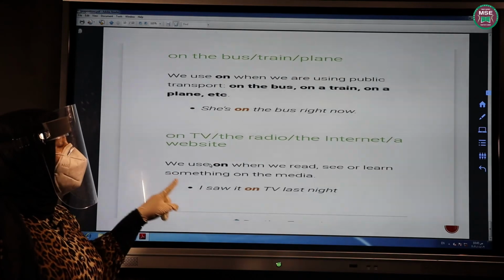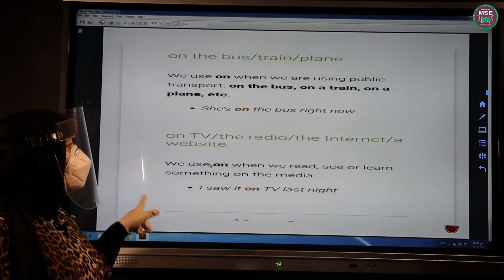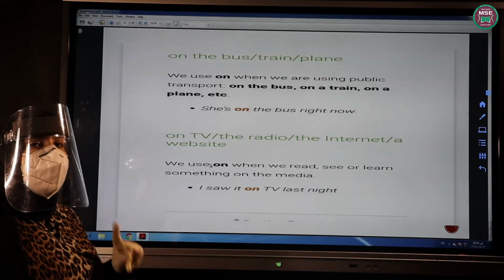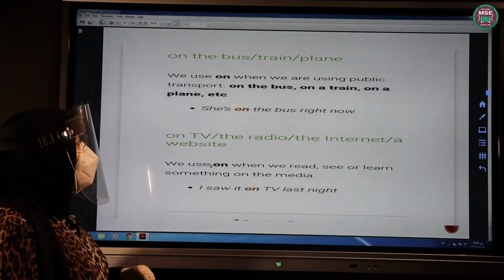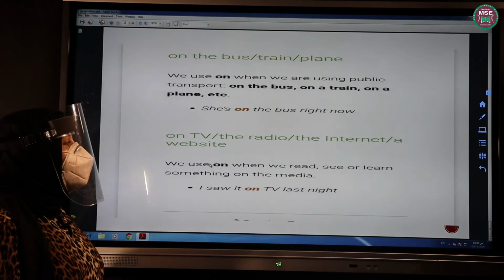On TV, on the radio, on the internet, on a website, anything related to media that is not printed. We use on when we read, see, or learn something in the media. I saw it on TV last